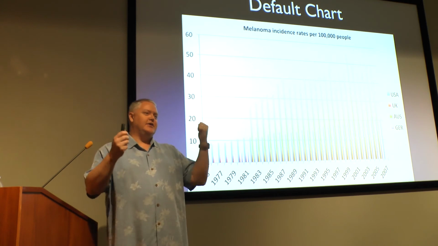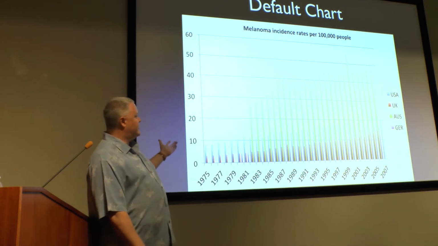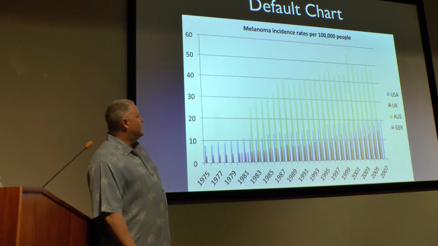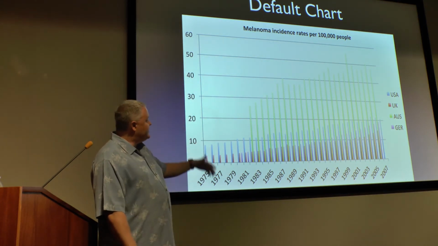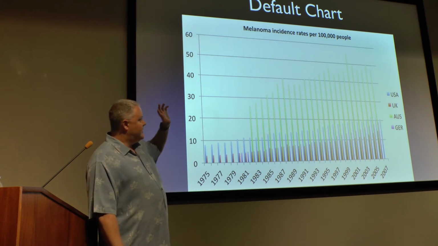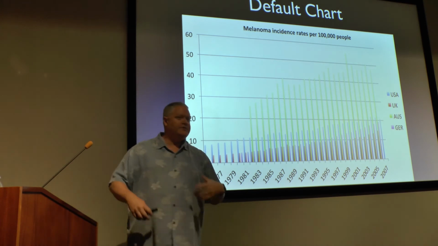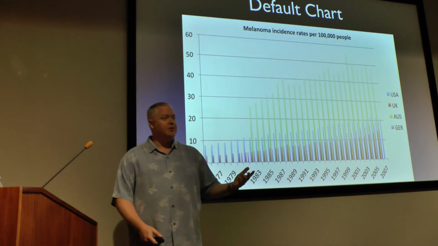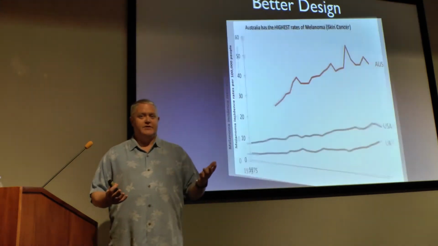So how do you do this in a chart? How do you use pre-attentive attributes in a chart? So this is a chart, the default chart in Excel for skin cancer rates in these 4 countries. And it colors every series of data, and it creates all of what I call visual noise. It's a whole bunch of stuff. And there are different ways and different opinions, and a different designer may come up with a different way to improve this chart. But this is how I improve this chart.